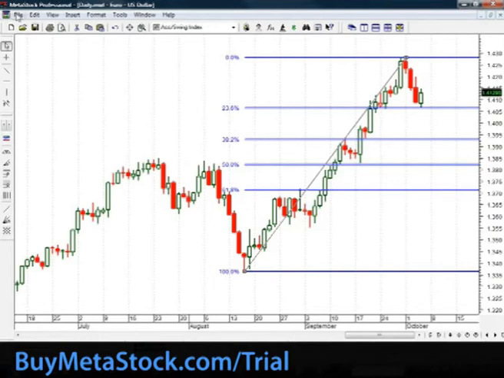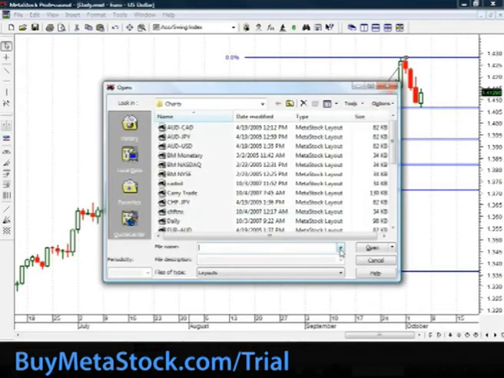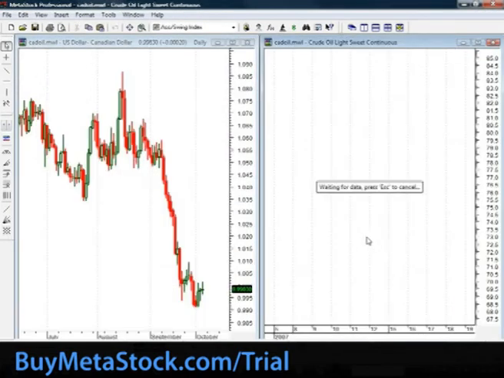So I mentioned I'm going to open a new layout here, and specifically what we're going to look at is the Canadian dollar versus oil. What's loading here on the right-hand side is the continuous contract for crude oil, which suits our purposes just fine. I don't have to look at a specific month. We're going to look at a couple of examples and compare to see what was happening on the dollar CAD on a specific day,